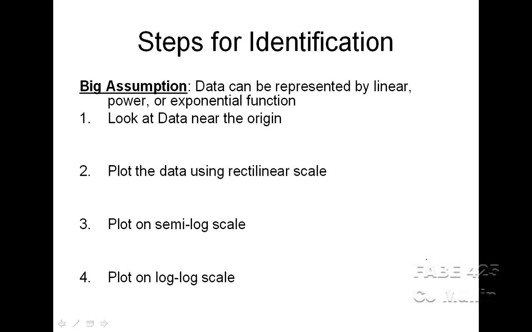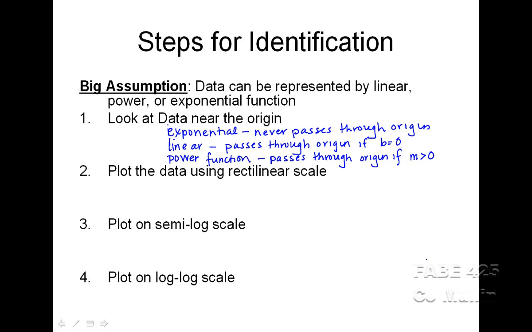So I'm going to pause here and write these 3 ifs down before we move on. All right, so I just wrote down what I had just said. Each of the 3 functions has a characteristic behavior, and in going through these steps, we're looking to either eliminate or affirm that it could be a specific type of function. So once you get through this first step of looking at the data near the origin, the next thing that you would do is plot the data just using rectilinear scales. So rectilinear is just a fancy word